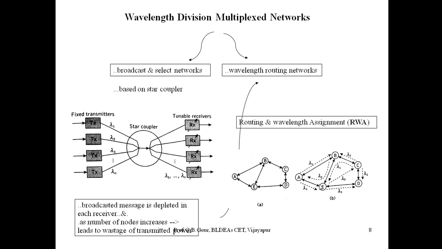That is routing. But at the same time, node B is also going to be assigned another wavelength, that is lambda 1 from A. Listen carefully to what I am telling. Routing means node B is helping in routing the wavelength lambda 2 from C to A via intermediate node E, but at the same time it will also be assigned another wavelength lambda 1 from A. This is called the routing and wavelength assignment concept.